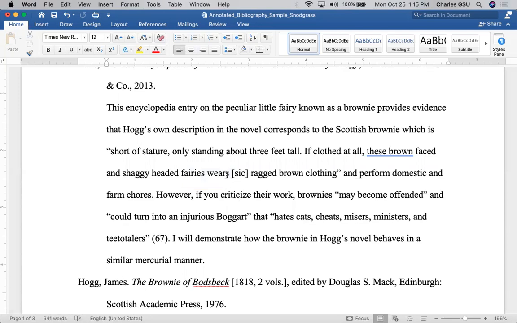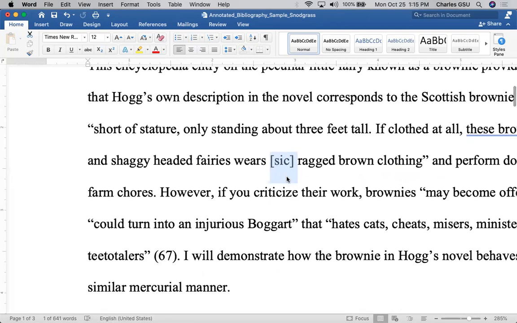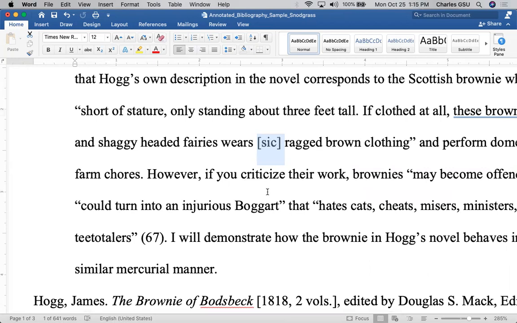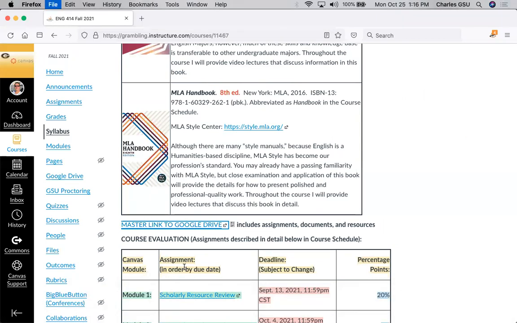So right after the grammatical error, I include in brackets the SIC designation to tell the reader that, no, this is not my error. I realize it's an error, but it's in the original. And this is something that if you have not learned, you need to,